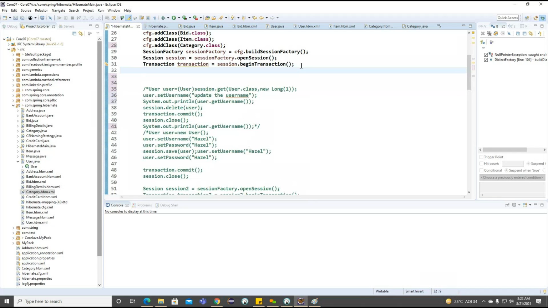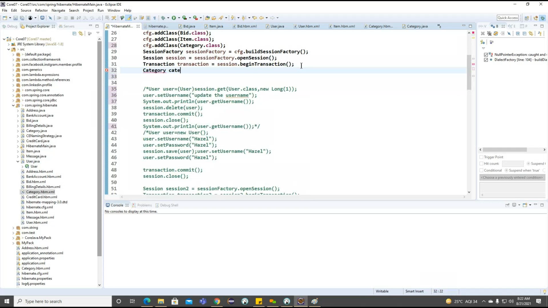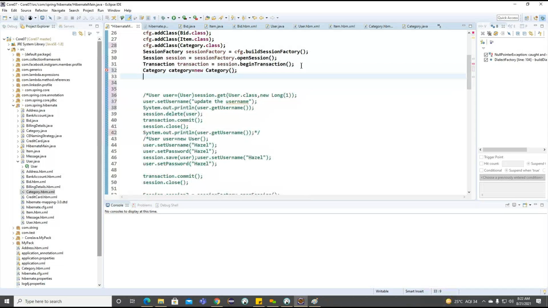And here now what I want to write: first we want to insert the category here. So the category object we created. And what is the category I want to take initially? Electronics.